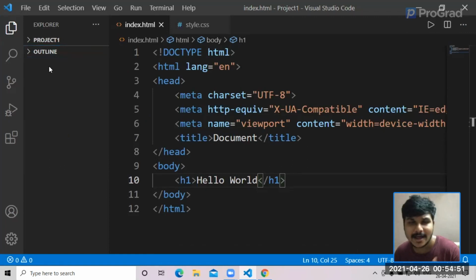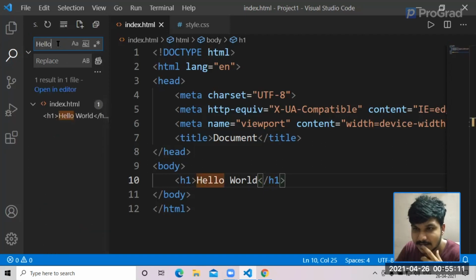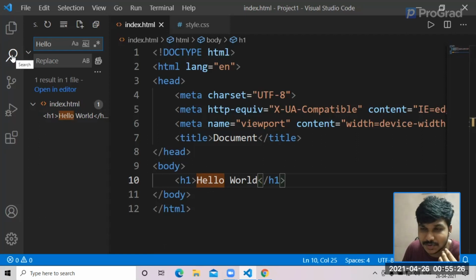You can obviously create as many folders as you want, and then you could see a search bar here. If you are writing 200 or 300 lines of code, and you forgot to write something, or you want to search something in that huge code, you can go and use the search here. For example, let me search hello and click enter. It shows me that hello is found here, and it is also highlighted with a brown color mark. That's a cool feature which is available in Visual Studio Code.